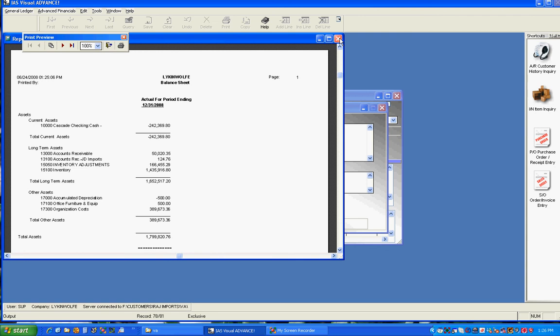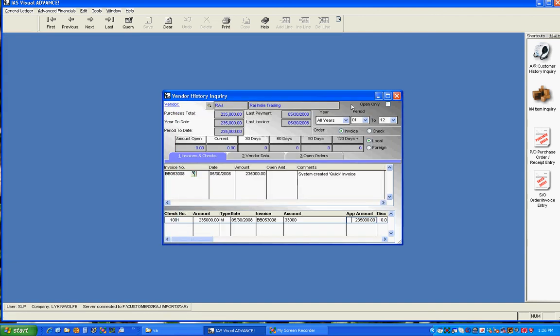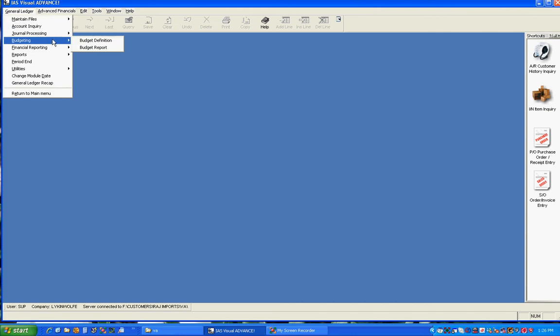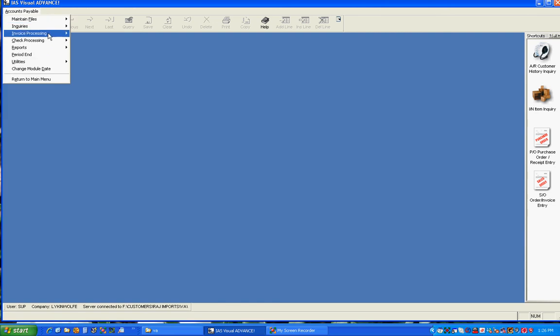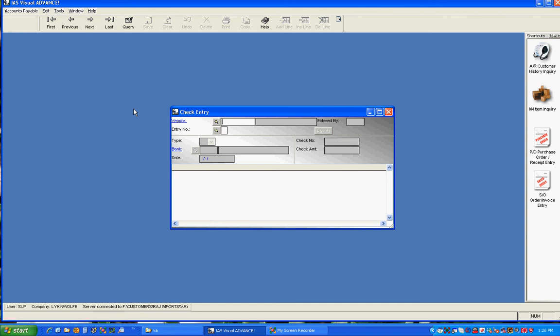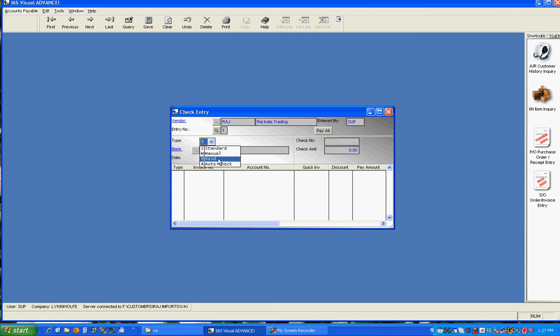Okay, so you getting the idea of how it's working? Yeah. Okay, so I'm going to cancel out of this. Oh, we made a mistake on that check. No good. We need to void the check. So we're going to go back over here to accounts payable, and check processing, check entry, and we're going to void the check for Raj India Trading. RAJ, first transaction. So when I hit this to go to void,